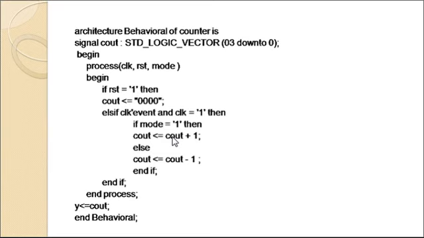Hence I need an intermediate signal to be declared, and I use the same technique that I used for a signal in architecture. Below architecture I declared one signal and I use it as a temporary signal to increment, and the same signal value is continuously assigned to Y because the language is concurrent. It will be executed concurrently, means whenever the process is being executed, at the same time Y will be assigned the same value. Okay, here we end these three examples, that is the counter example.